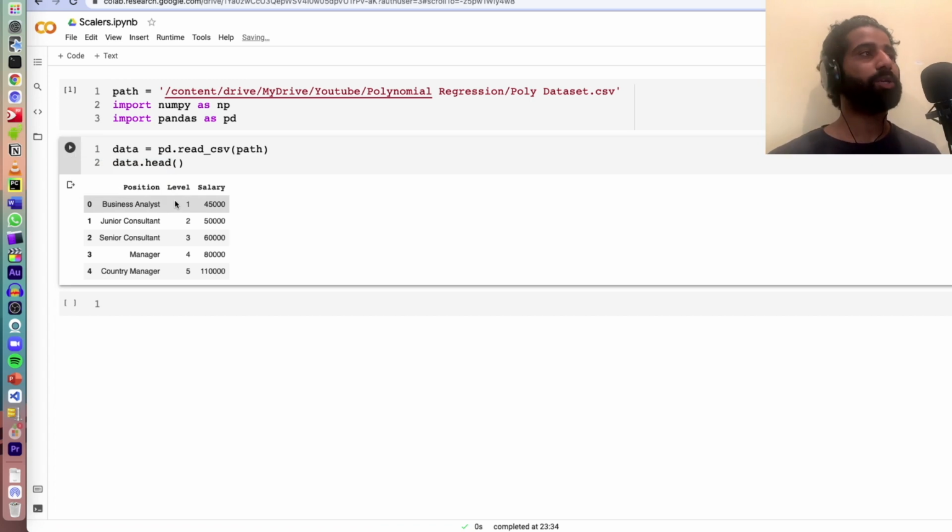We need only 2 columns. For input, we will need the level column, and for output, we will need the salary column, because we do not need to do any kind of model training. We will just be seeing how to scale the data when we have this type of varying scale. So first of all, we will see